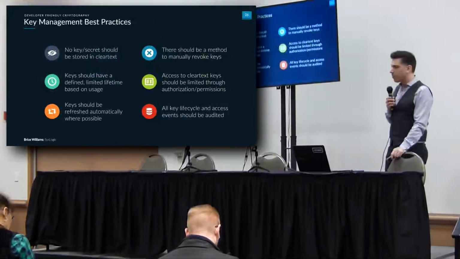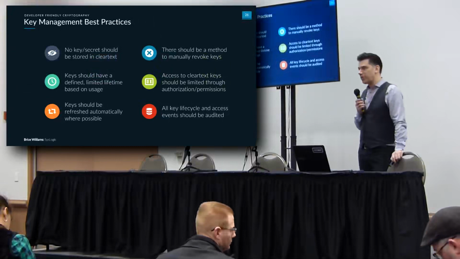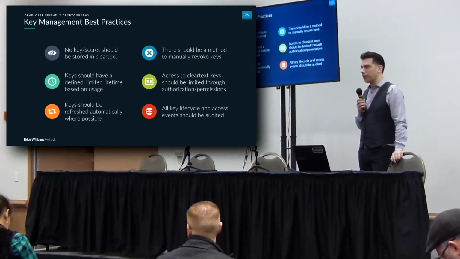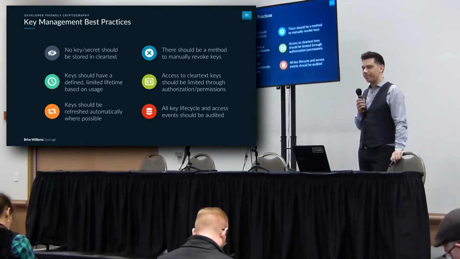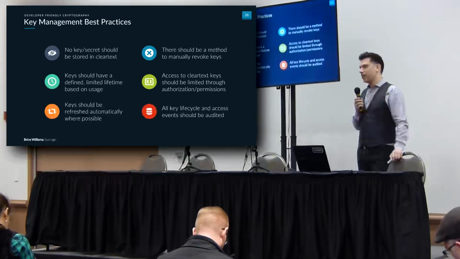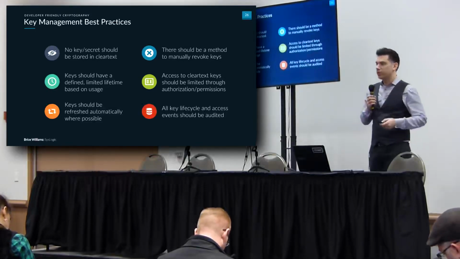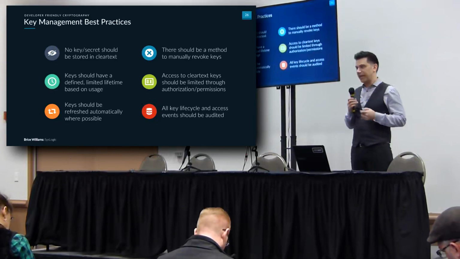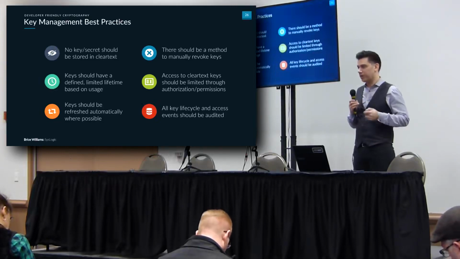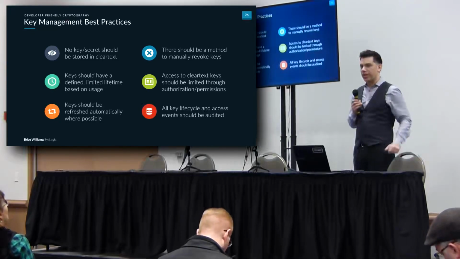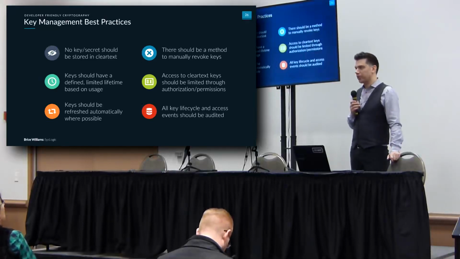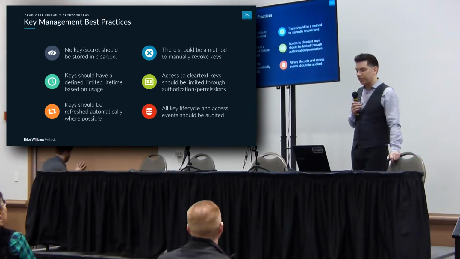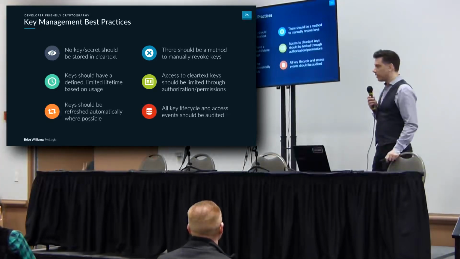Also, key management best practices. We talked a little bit, obviously, about general encryption and cryptographic function best practices. Key management is another area that I mentioned is a fairly big weakness. In code that I and my team have reviewed, developers can at times do a very good job of putting together cryptographic functions, but then the keys are stored in source control, or even hard-coded in the system itself. So, some best practices around key management.